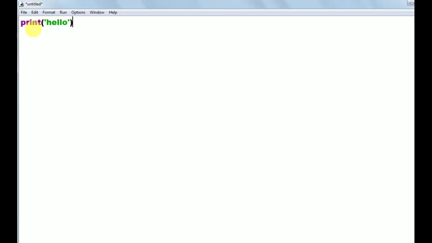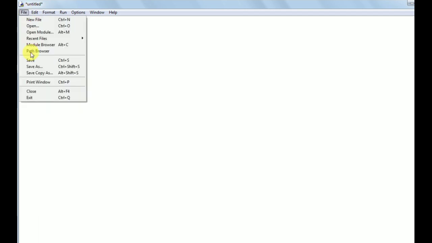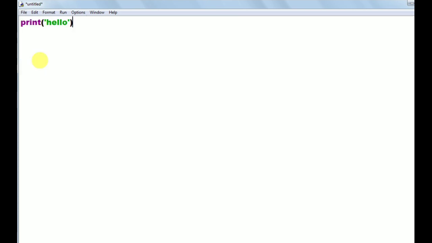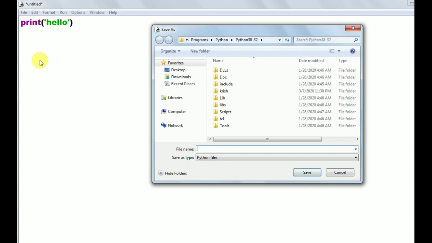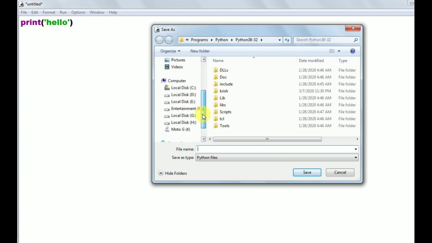Now I want to save this program. To save the program, simply go to the file menu, then select the save option. Now it displays the save as dialog box. I want to save this program in the F drive. I want to create a new folder now.